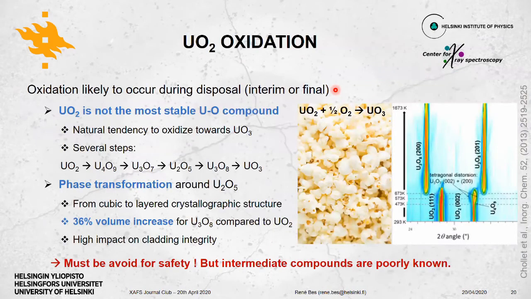So the second example I wanted to show you is uranium dioxide oxidation, because it is likely an issue for all people using uranium dioxide as fuel, because it's likely to occur during any disposal. Uranium dioxide is not the most stable uranium oxygen compound, because it will have the natural tendency to oxidize towards U3O8, actually. This oxidation is